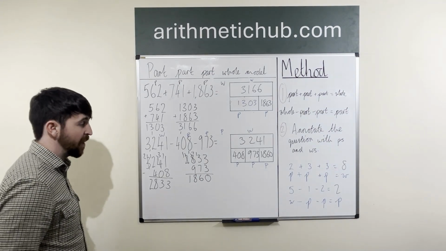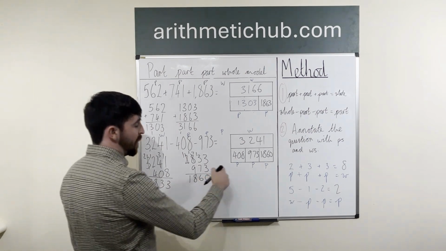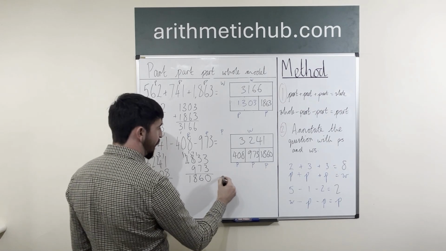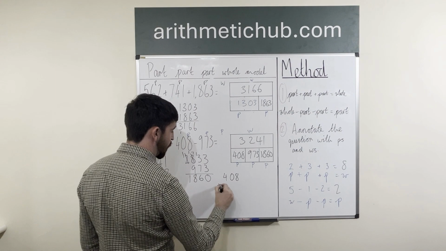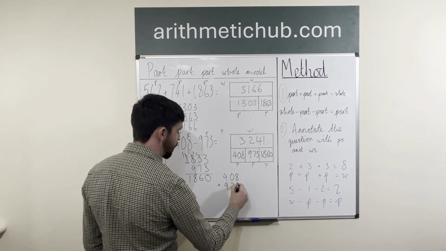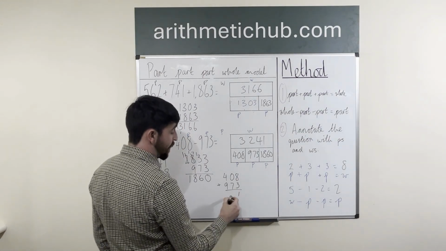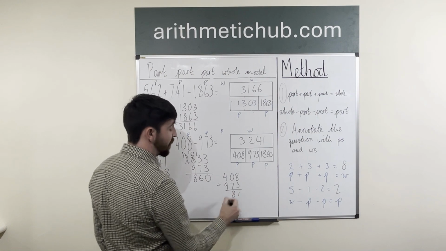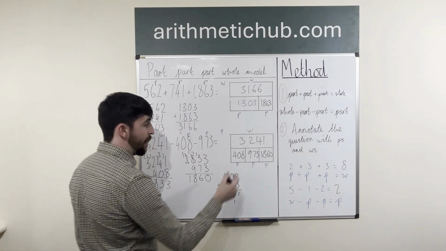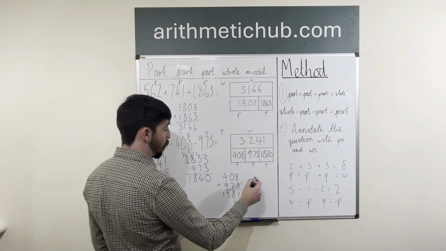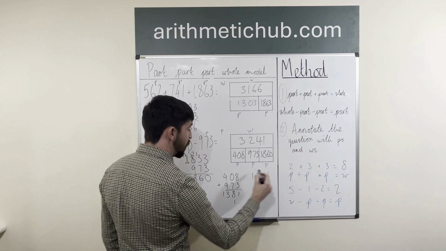You do not have to do this, but maybe I might do it just to check it again, okay? So what I would do is I would do 408 add 973. 8 add 3 is going to give me 11, 0 add 7 is going to give me 7, add the 1 to give me 8, 4 add 9 is going to give me 13. And then what I would do is I would add my 1,381 to my